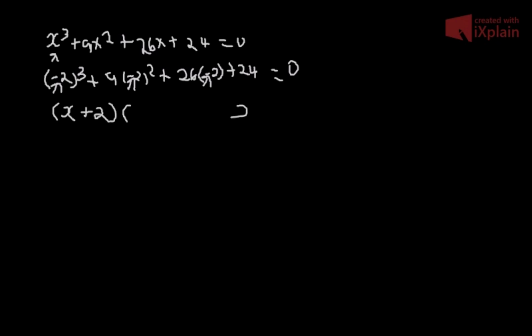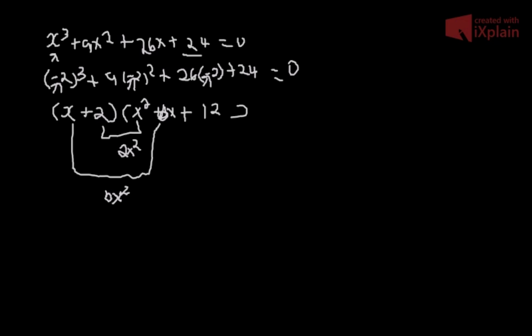Now I have to take anything, so that means it's x squared, because when I say x multiplied by x squared, it gives me x cubed, then plus bx plus, what is it that I can multiply with these two and it gives me 24? That's 12, right? So that's 12. So now we need to say this multiplied by this is 2x squared. This multiplied by this is bx squared. That will be 2x squared plus bx squared is equal to